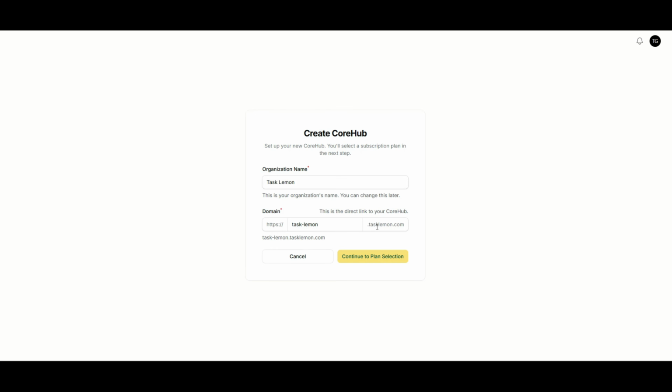So you won't have to tell somebody, hey, go to Task Lemon and then log in and then type this. No, you can just tell them, hey, this is a direct link, task-lemon.tasklemon.com. Or let's say you want to create a mobile game and you want